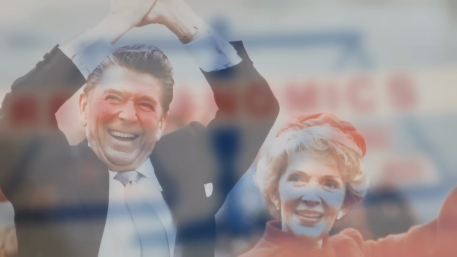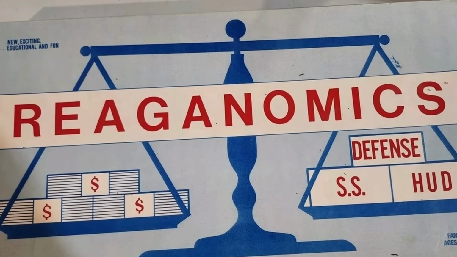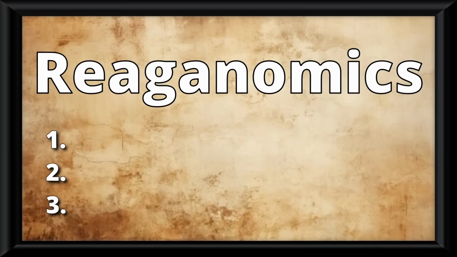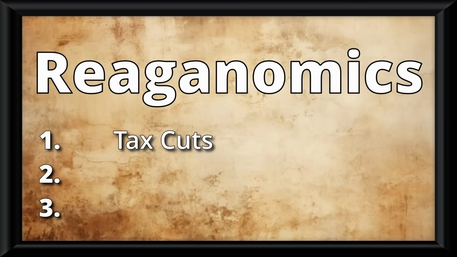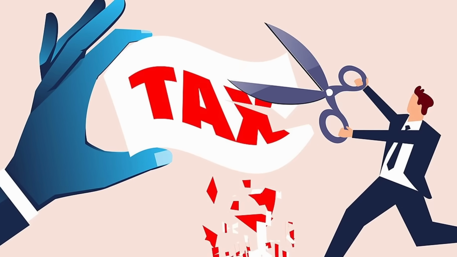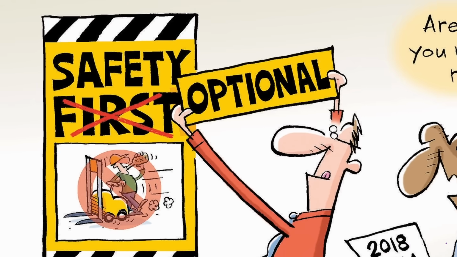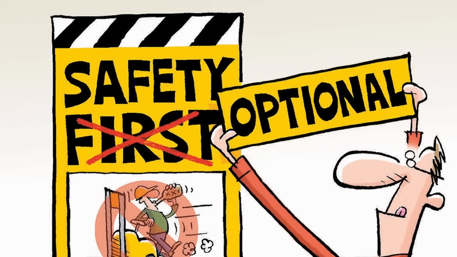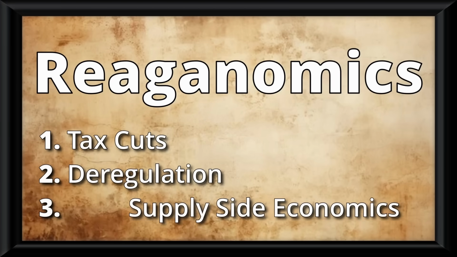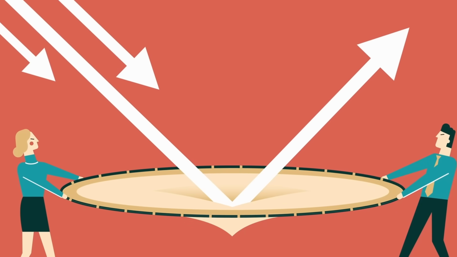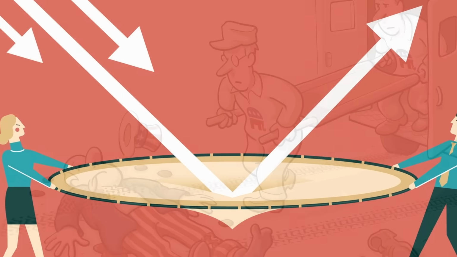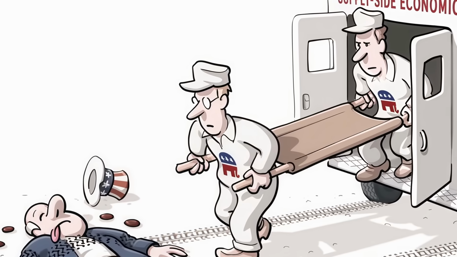And after Ronald Reagan gets elected, pretty quickly an economic system called Reaganomics is enacted. This is broken into three parts. First, you have tax cuts, meaning that people plus businesses keep more money. The second here is deregulation, meaning that there will be fewer government rules on industries. And finally, you have supply side economics, where helping businesses grow is supposed to help everyone, meaning more jobs, more goods, and a stronger economy overall.